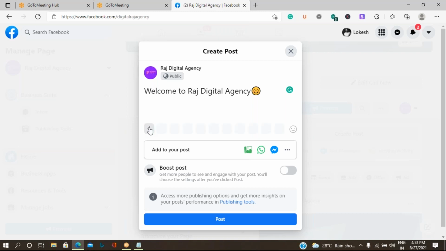You can click on this, and you can see the background colors are available over here. So usually you will see it on posts for a celebration, or when anyone is wishing someone else. So in that you can select this background. So the relevant option you can select.